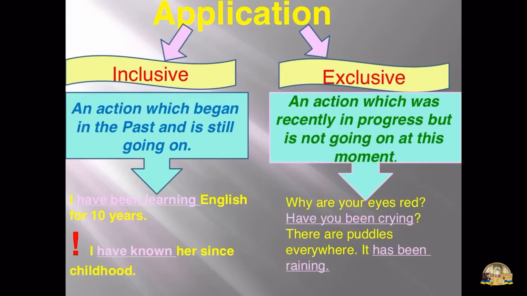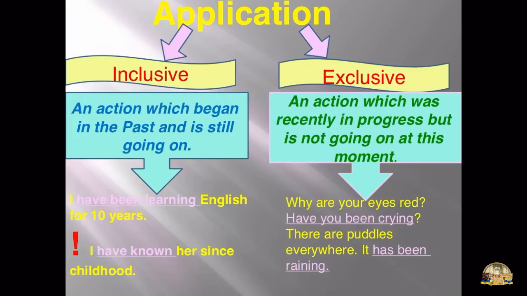Then, exclusive: an action which was recently in progress, but is not going on at this moment. That means that the action was continuing for some time in the past, and now it has stopped, it has finished, but it has a visible result in the present, the result that is connected with the present.